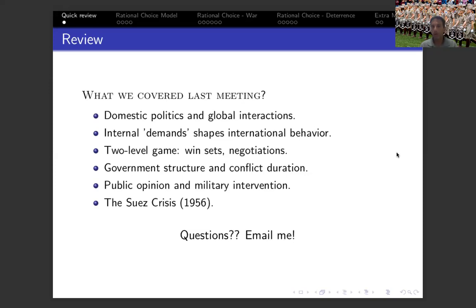But overall, the more options there are in those win sets, the more likely it is that negotiation between actors at the international level will be agreed upon, thinking also about the fact that those who negotiate these kinds of agreements understand that they have to make sure that those agreements are accepted at the domestic level, level 2. So that's the idea of the two-level game. Again, a way to illustrate how internal or domestic demands shape international outcomes.